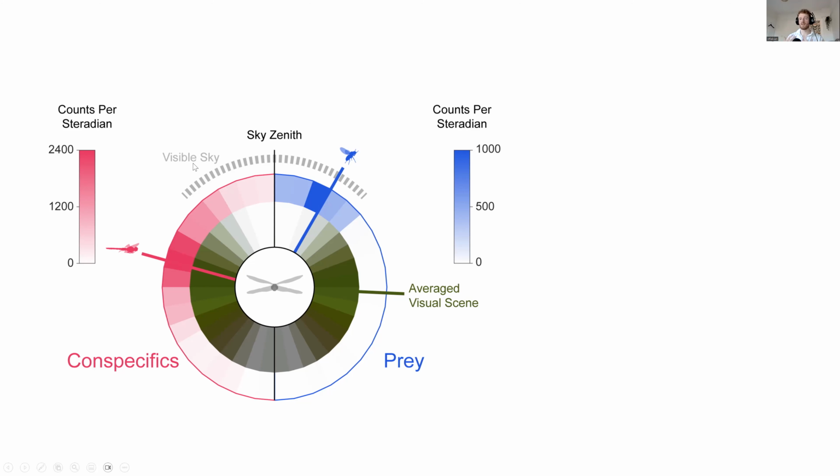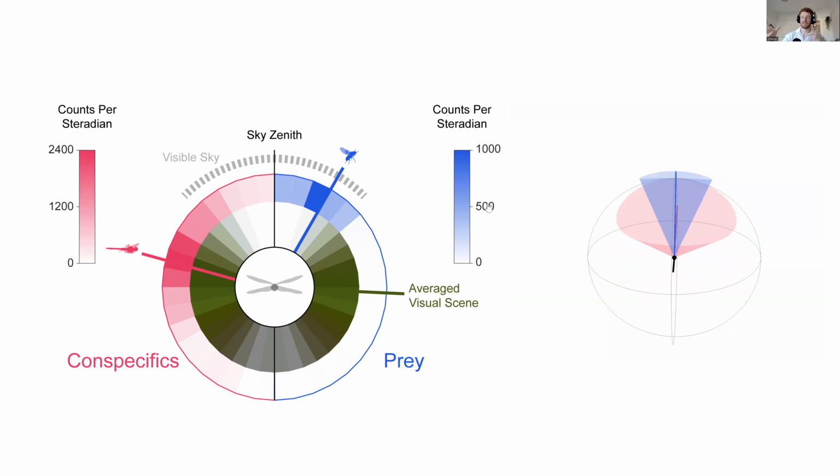Whereas when they're interacting with conspecifics, other members of the same species, they're much lower. They're below the horizon. They're being seen against foliage. And it's going to be a different bit of the eye. It's going to set different control and constraints. And what's interesting is that any colors that you have are going to be much more evident. So both the one you're chasing and what the one you're chasing can see of you, you're both going to be able to see each other's color a lot more. Whereas if you're chasing something that's prey overhead, it's a silhouette and you're going to be much less able to distinguish color.